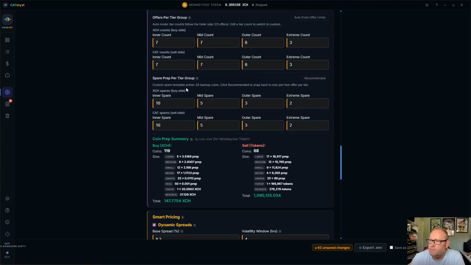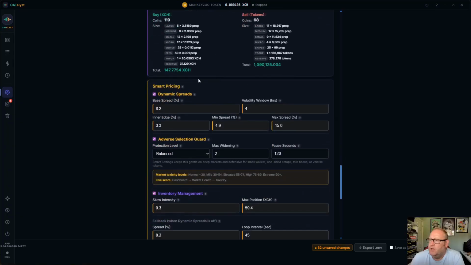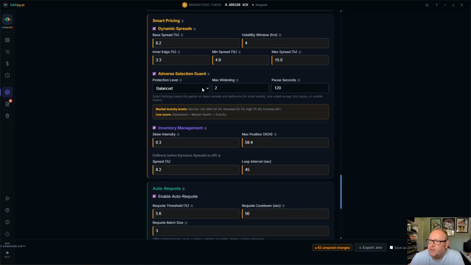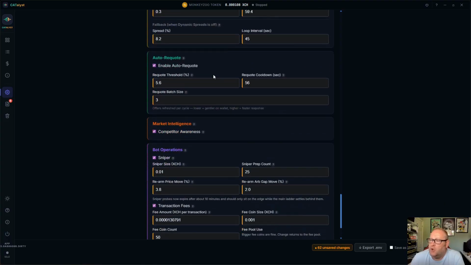And again, you can read through all this yourself. Everything's got its own little help button, so you can look at it. It gives you a coin prep summary, go through the smart pricing. Okay, your guard level here, again, this is to do with toxicity within the market. Okay, and again, we'll go into more detail, but